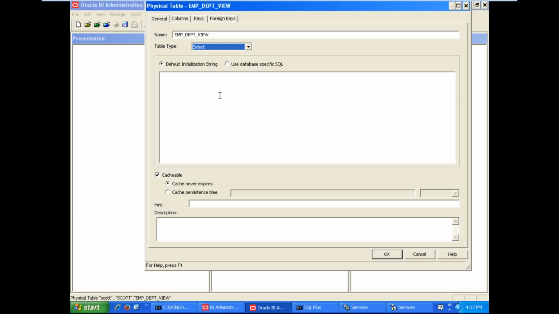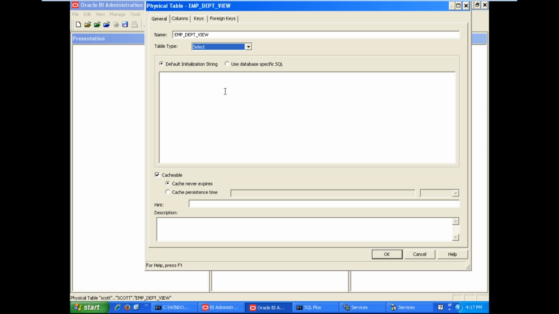This query is executed in the database, not by our technology. Our technology never executes the SQL queries written in the physical layer. The physical layer is always a dependent one, always connecting with a database or any other data source. Here you can write the default initialization string, that is the SQL query.